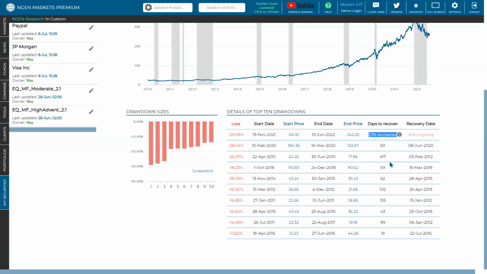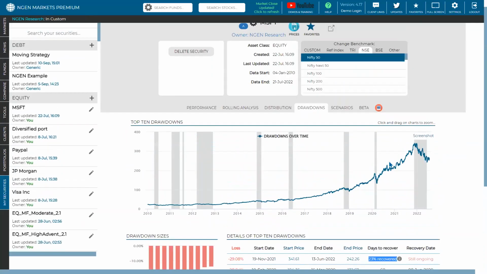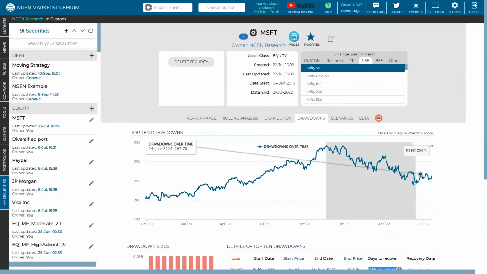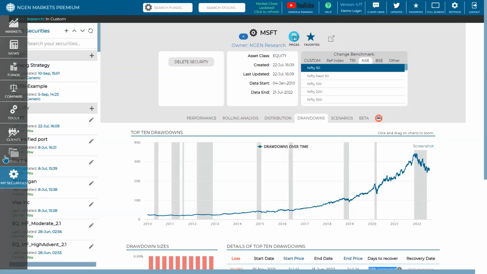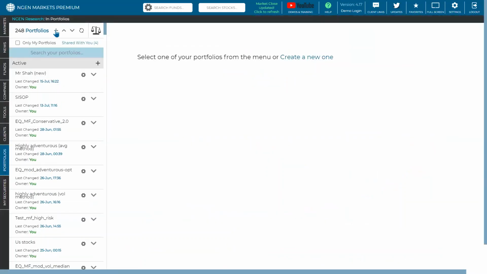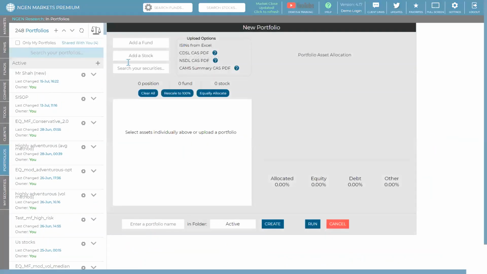So this is very easy for you to understand. If you zoom this in, you can see the recovery period has already started for this particular stock. And what if you want to add this stock into a portfolio? Now how do you do that? To do that, all you have to do is come into the portfolios, add a new portfolio, and click on